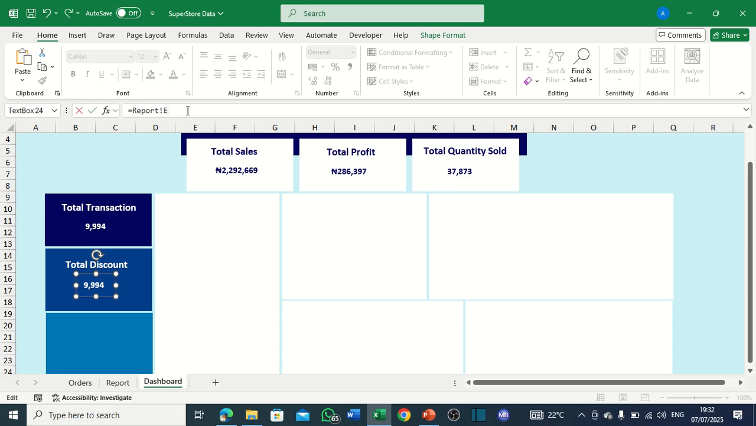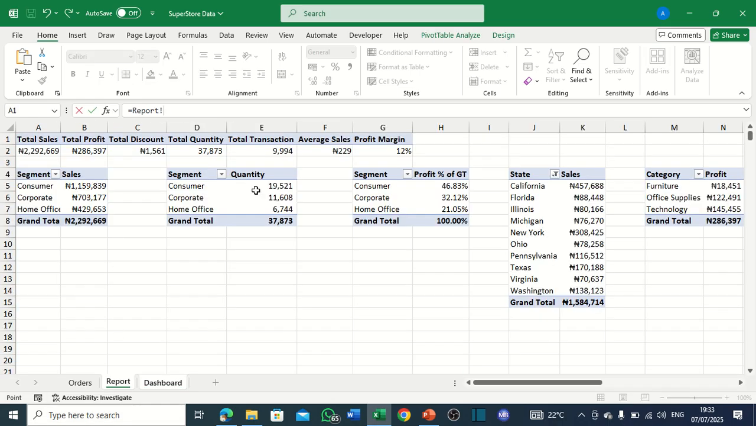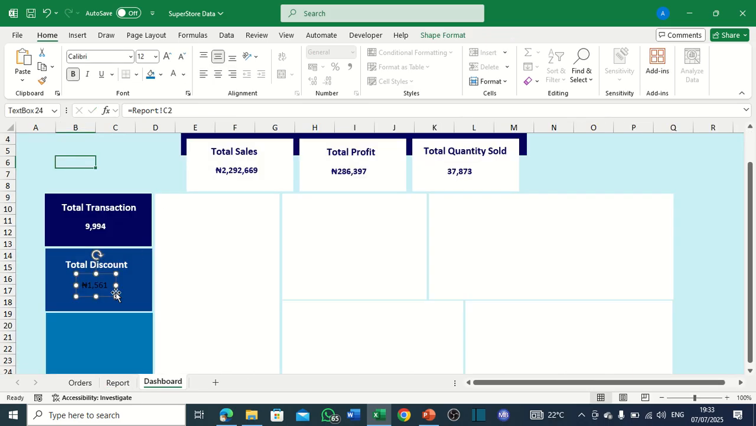Then you refer back to your report using the formula bar. You come to your total discount. Where is total discount? No. Total discount. So I have to remove one of these. This is your total discount. So you format it using this guy. Format it. I think that's fine. So the next thing is